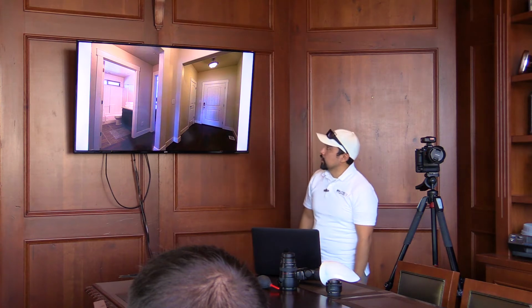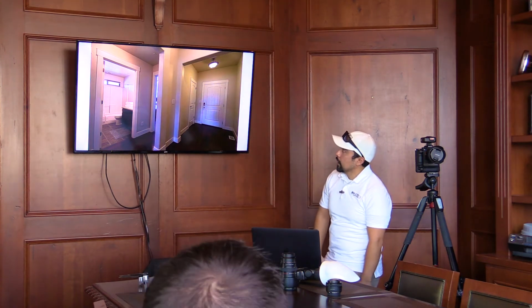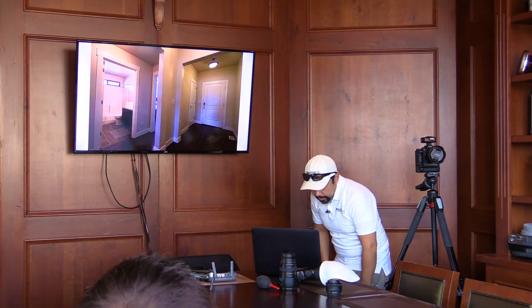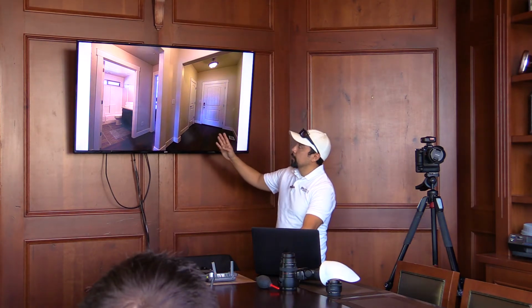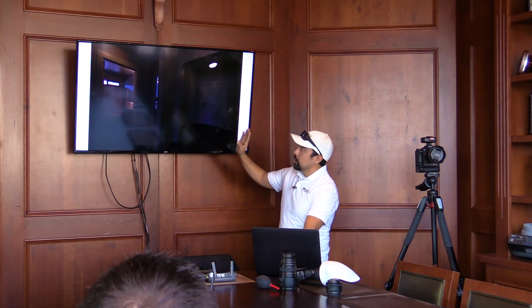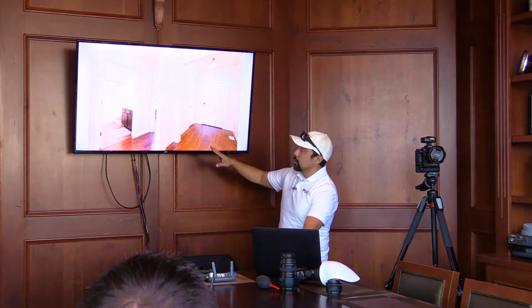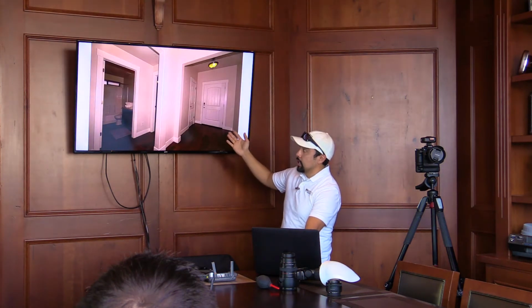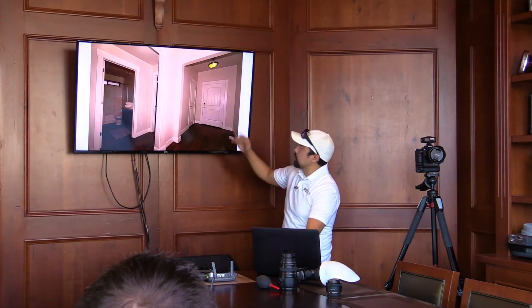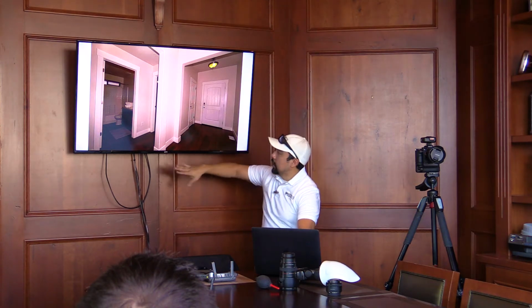Same thing here. This one, I want to say, is a bracketed one. Okay, so this one's normal exposure. We have underexposed, and we have overexposed. This creates your bracket shot, and then I do a bounce flash. And after color correcting this,